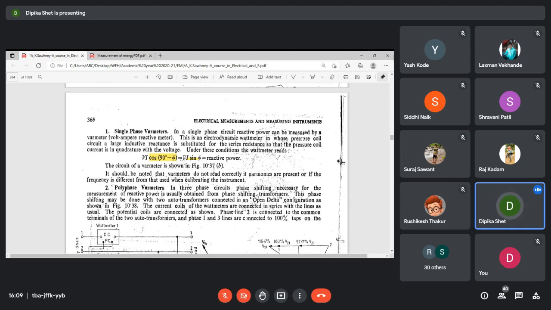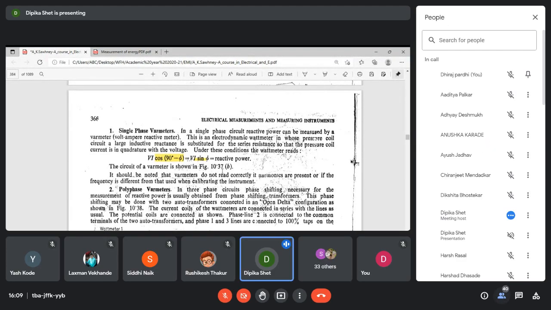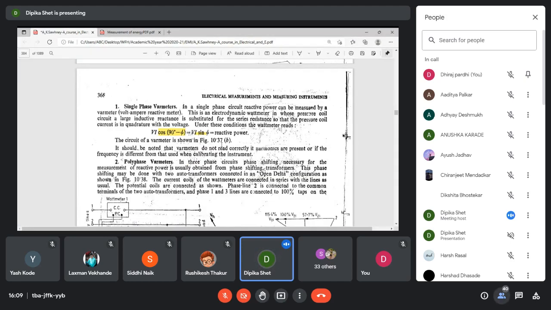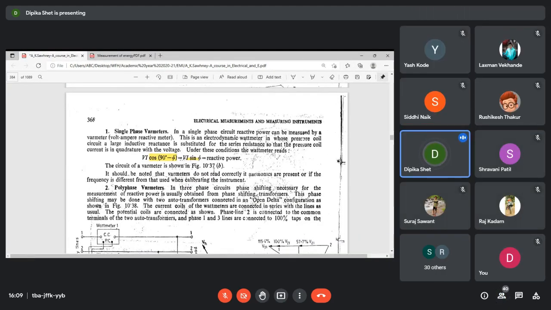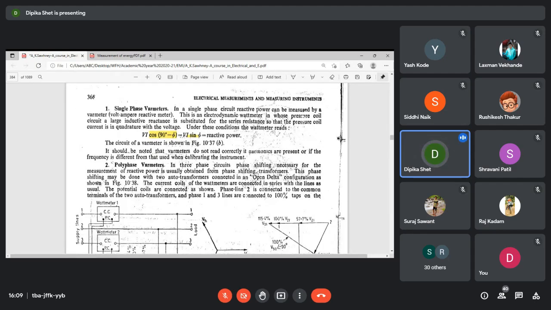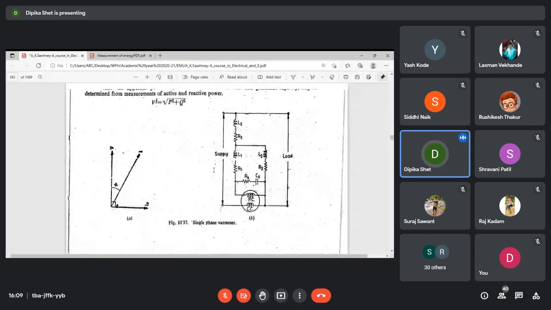Likewise, if the frequency differs from the one used when calibrating the instrument, for example calibrated at 50 hertz but operating at 60 hertz or 40 hertz, then our VAR meter also does not give a correct reading. So this is how the single phase VAR meter is